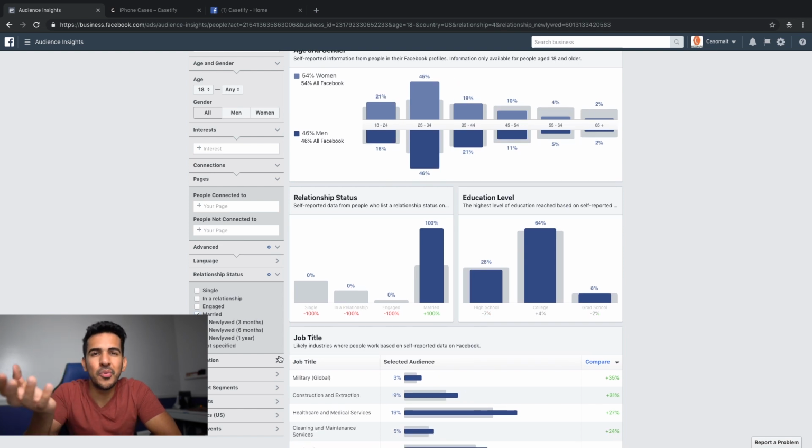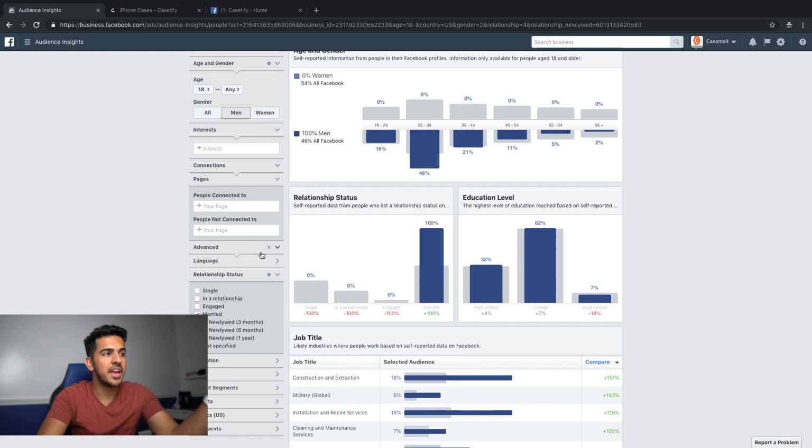Because when they're newly married, it's like a whole new thing. It's like, hey man, you're just getting married. Hey, this is a cool thing, right? So what you could simply do, I would select the gender, say men, and then do newlywed, and then actually cross-sell it and say, show them a women's product and say, how about when you look at this product, do you think about your wife? How would she like this particular case, this particular service?